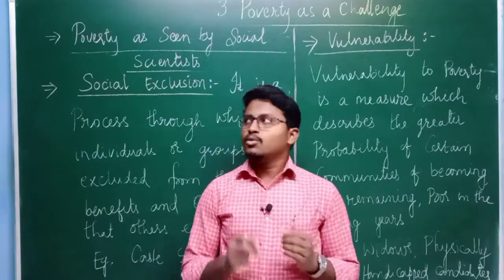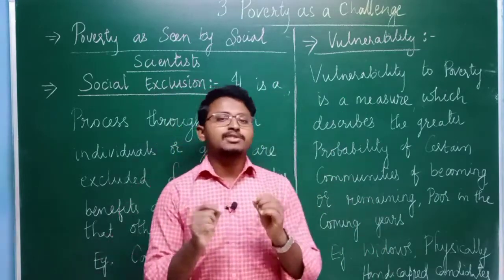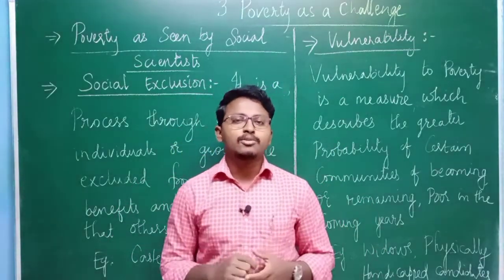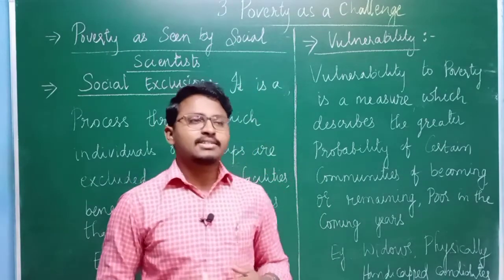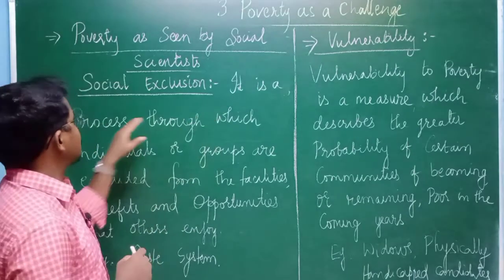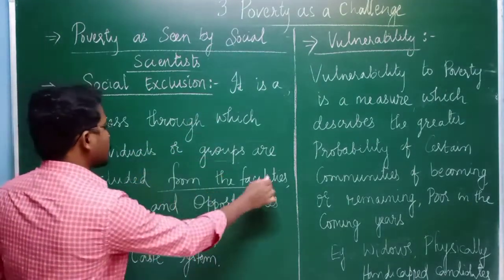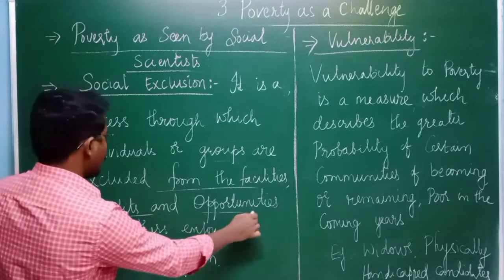Let us discuss what social exclusion as well as vulnerability are, which are used by social scientists in order to measure poverty. So first, let us start with social exclusion. Social exclusion means it is a process through which individuals or groups are excluded from the facilities, benefits and opportunities